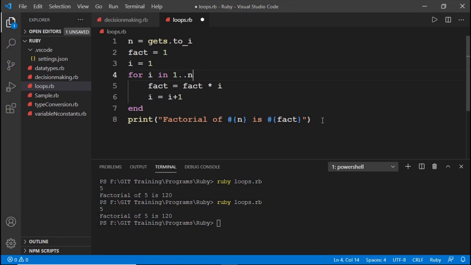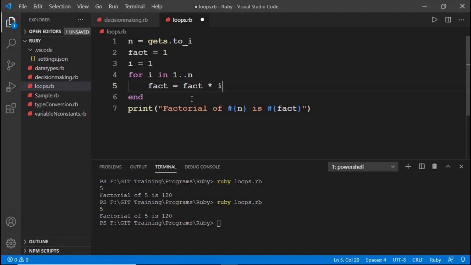Why? Because for each and every value in the range, i is updated automatically. So there is no need to update the i value again, because i is already updated here. This is the way we write the for loop.